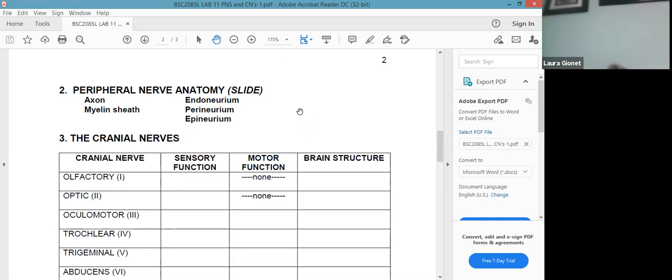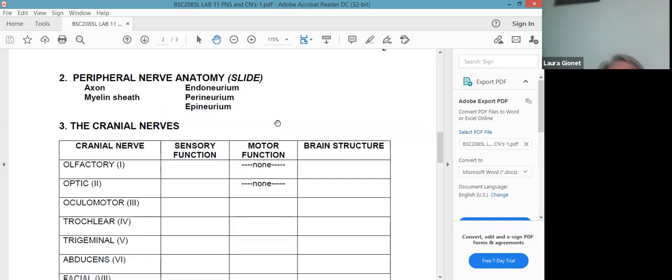Now, essentially, we have the same structures or connective tissue layers that surrounded muscle, but instead of calling it endomysium, perimysium, epimysium, it's endoneurium, perineurium, and epineurium. We should be able to maybe see an axon and a myelin sheath. When we look at the endoneurium and we magnify the different axons within one fascicle and their connective tissue layer around them, I'm going to do my best to show you those during